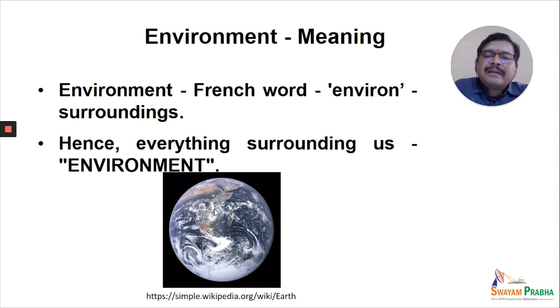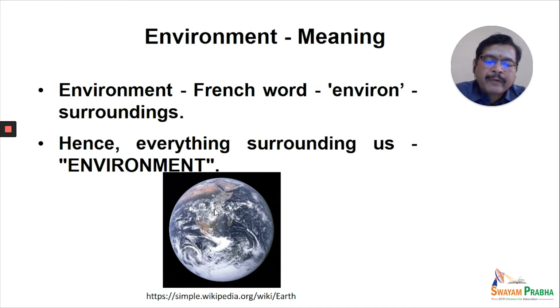Well, environment. If you look into a dictionary, environment literally means surrounding. The word environment takes its origin from French, spelled environneur, and it means the surrounding. Surrounding means what? The objects, the space, the living and non-living components around you constitute the environment. For example, you are sitting in your room. The surrounding space and the objects constitute the environment. It means a condition which is implied on the surrounding.